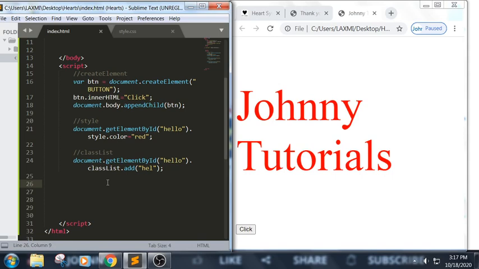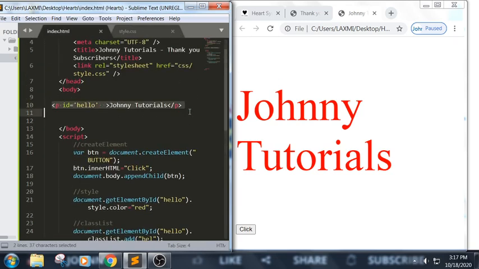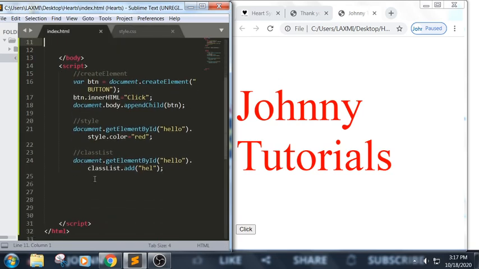Now let me use some more examples. I just want to remove it. I have added a class list hell here for this tag, and I just want to remove it. Do we have any method? Yes, we have something like this, a remove. We have a method called remove. So here we can write